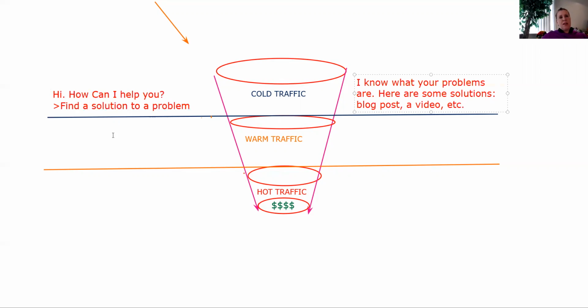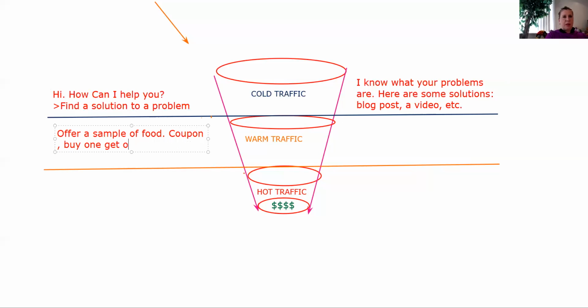So let's say now we're back in the brick and mortar. They come in, let's say it's a bakery. They come in and they say, hey, I've never eaten here before. It smells great. What is something you might want to do, right? You're going to offer a sample of food, okay? Or you're going to give a coupon, or a buy one, get one, etc., to try and get them to at least associate that this is someplace that they want to be with,